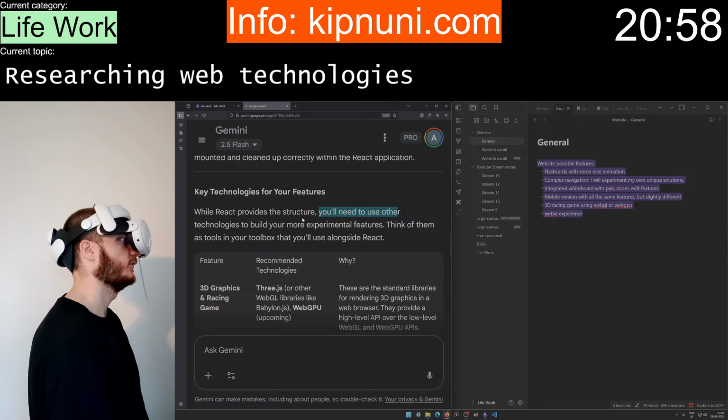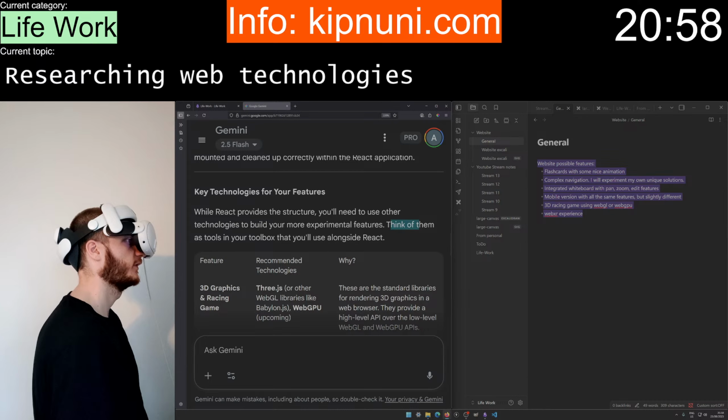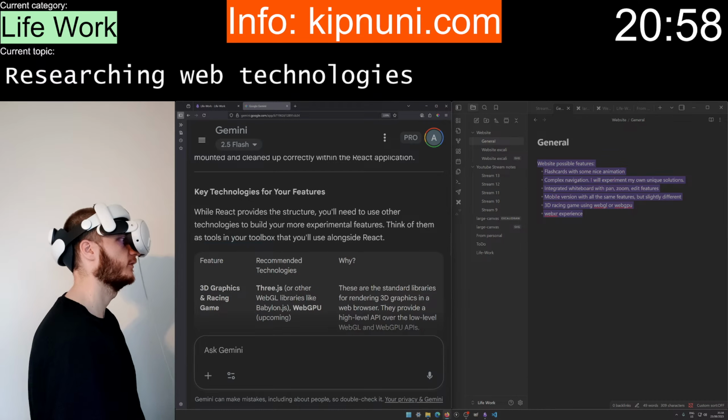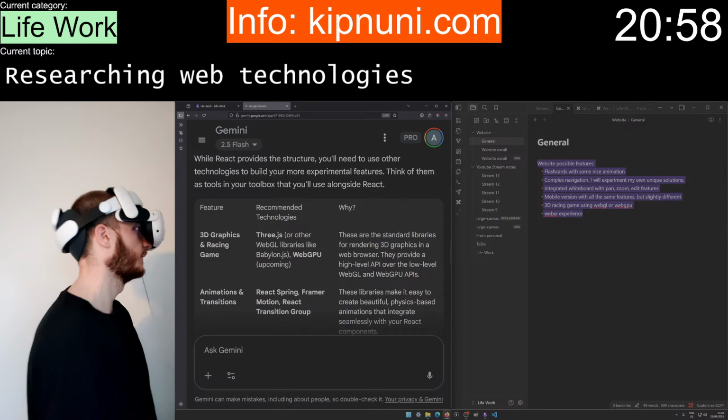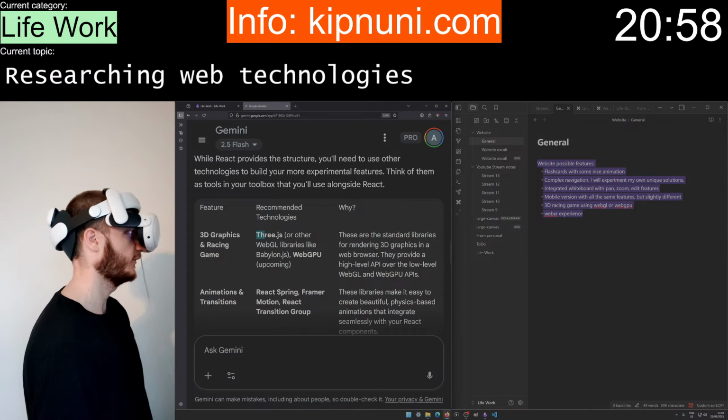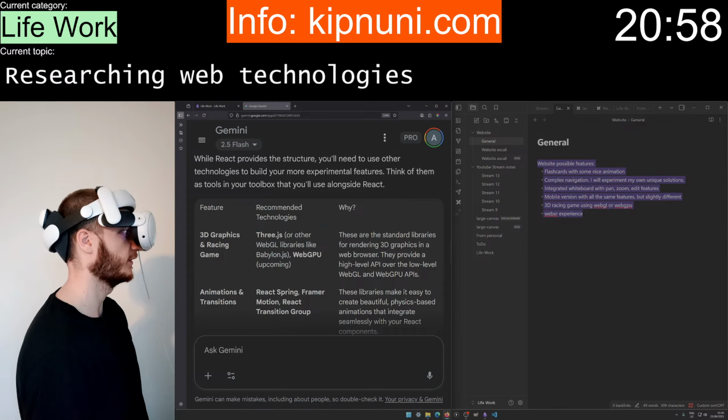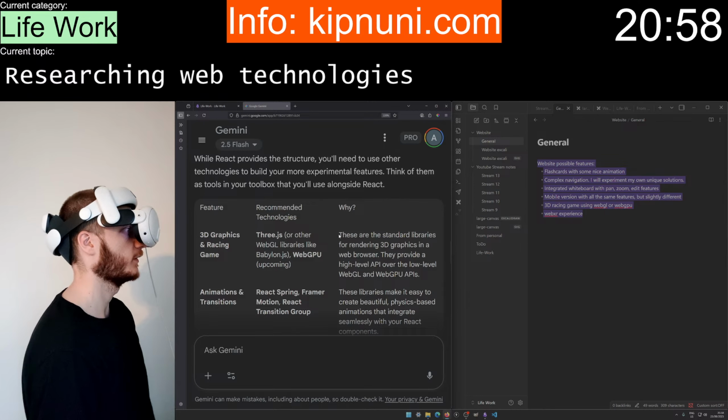You will need to use other technologies to build your more experimental features. Think of them as tools in your toolbox. Okay, 3D graphics, racing game. Recommended technologies: Three.js or other libraries like Babylon.js. Why these are standard libraries.